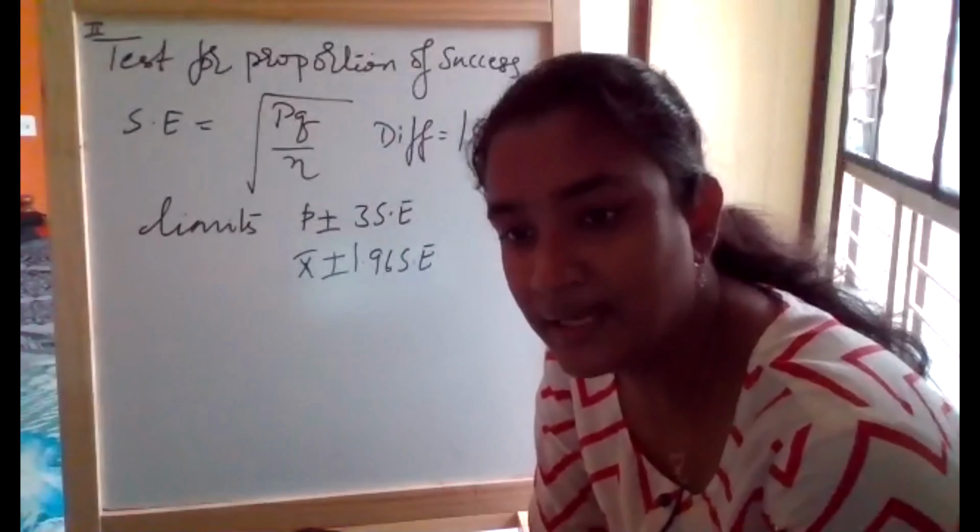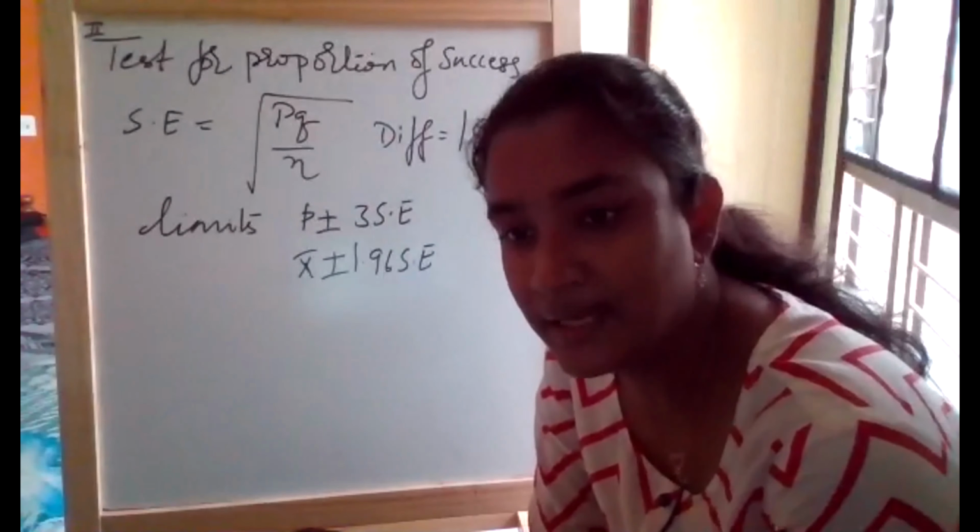Using the limits, this is also one important formula you can highlight based on the example. Instead of testing the null hypothesis like we did yesterday, they can also ask us to find out the limits of the sample. Okay, girls. In such a scenario, P is nothing but the success. Whatever P I am using in the standard error, the limits are P, the success, plus or minus 3 into standard error.